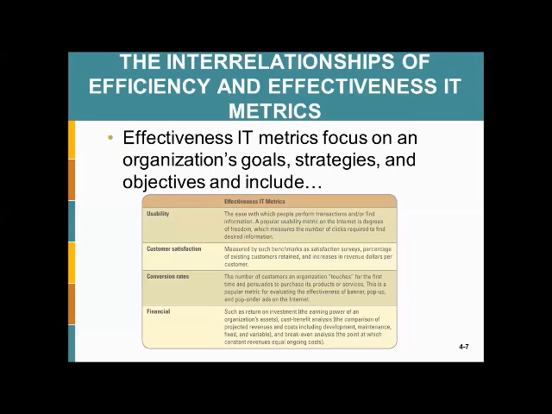Conversion rate. So conversion here is not speaking to a religion or something. It's speaking to converting an individual from a non-paying customer to a paying customer. So for example, you can spend money and drive traffic to your website. You can do this a number of ways. You can do this through social media. So I can post a Facebook ad and drive traffic to my website.